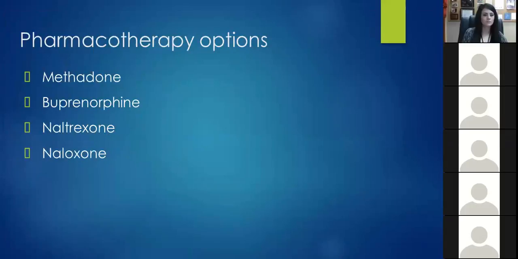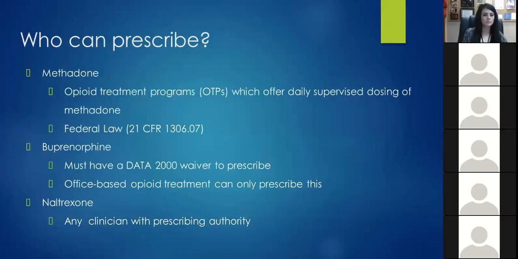So then I'm going to start talking about the pharmacotherapy options. The main four options are methadone, buprenorphine, naltrexone, and naloxone. One of those is a little bit different, but I'll get into that later. As for who can prescribe these, methadone has to come from an opioid treatment program, which are usually in